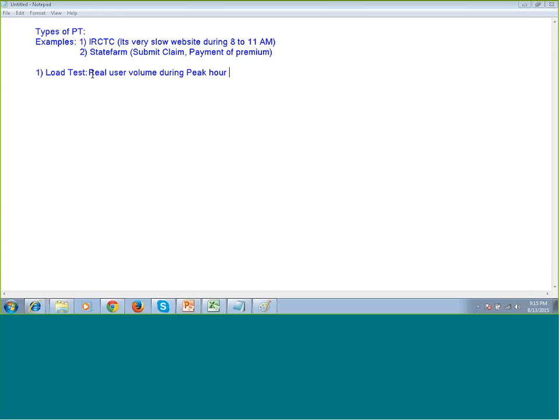Now peak hour can be different for different applications. Like in IRCTC, I said it's 3 hours, and maybe State Farm might have just 1 hour, anything. And also the user load might be different. It can be maybe 100 users or 1,000 users, anything. Okay,